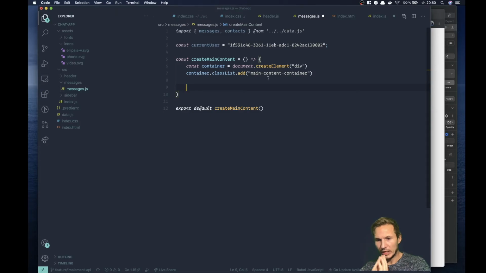So let's see how we can do that. We know that we have a current user, which is this one. So if we go ahead and grab the messages from the current user and console log that out, and we go ahead and say